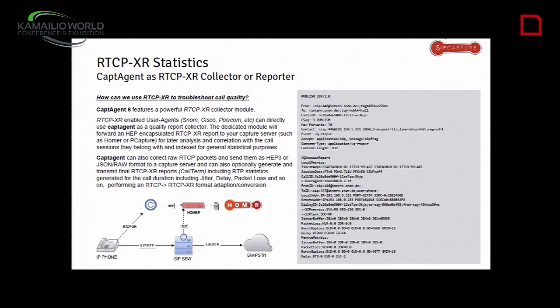Here's an example how it works. There's a little diagram. So your IP phone is already making traffic to your soft switch. Let's imagine your soft switch is already HEP mirrored, and you just need to additionally cover RTCP XR reports. You just configure a socket for it in capture agent 6, and you just start shipping traffic to it. Capture agent 6 takes care of the rest, so it can correlate them to the session they belong to. It extracts the call ID from the RTCP XR body, and uses this as correlation ID in the HEP